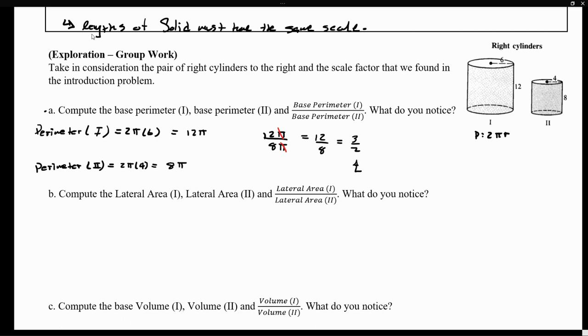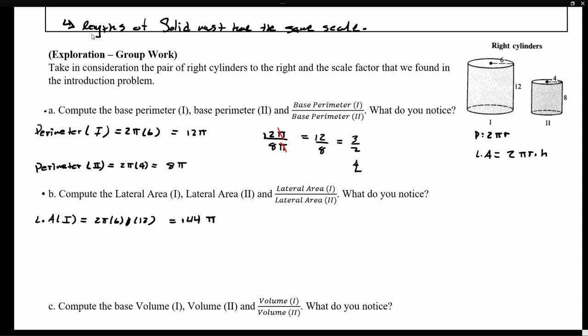Okay, let's continue working on this, and then let's just make a small observation at the end. So now that we have found the division among the perimeter of both figures, now let's take a look at the lateral area of the first figure. Remember that for the lateral area, we have 2 pi r times the height. So for the first figure, we're going to get 2 pi times 6 times the height, which is in this case going to be 12, which can be reduced to just